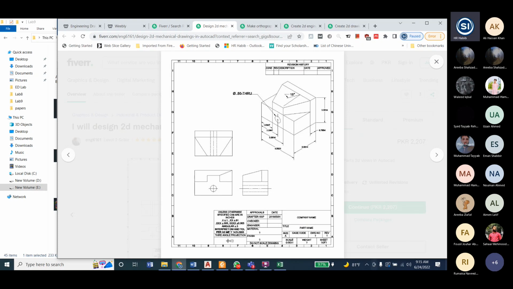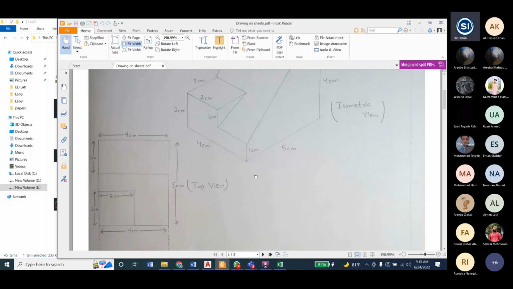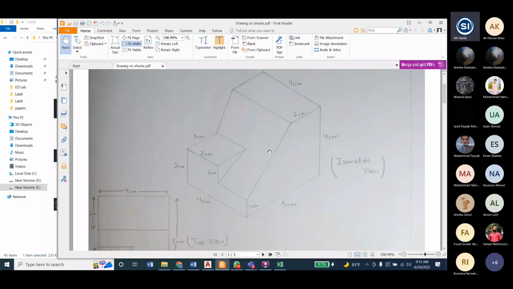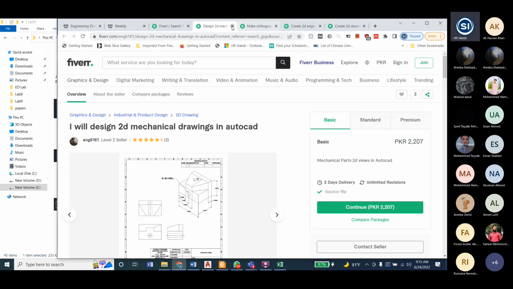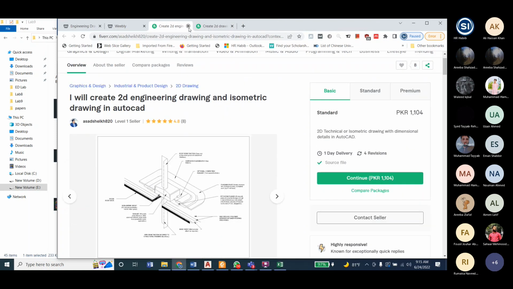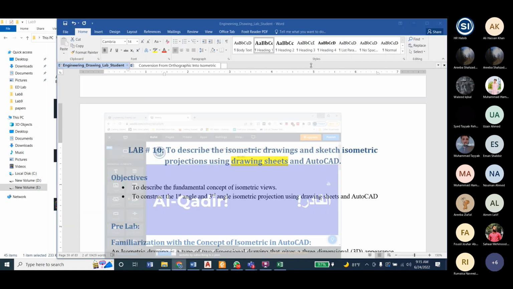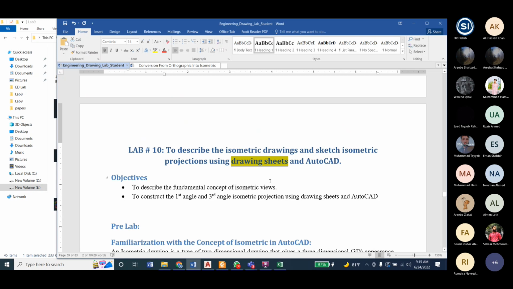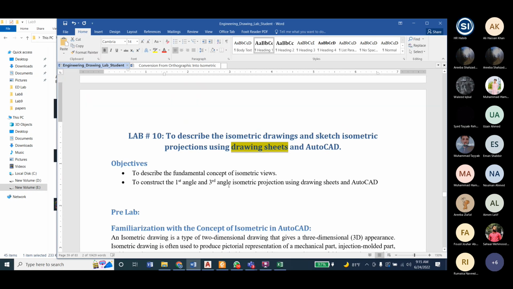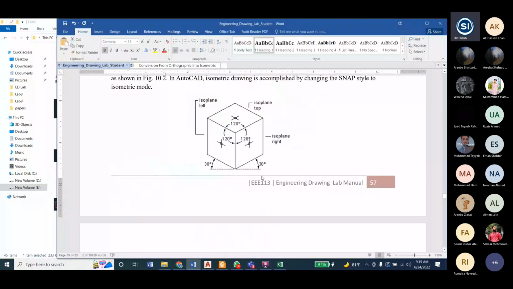So this is the shared file. This is just for reference. Don't take these simple examples. Okay, so take from the Fiverr or Upwork. So okay, now let's close it. So now we will start. Okay,